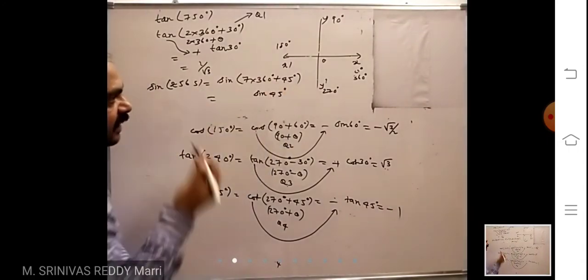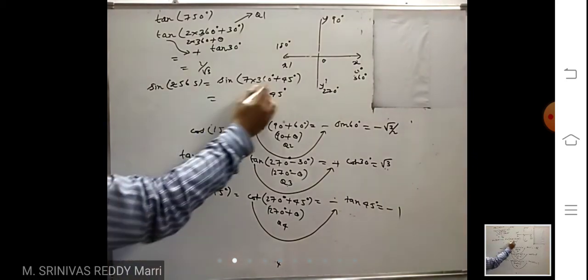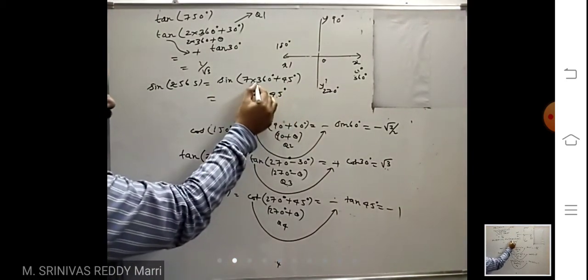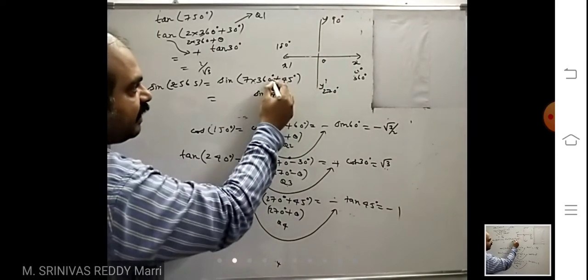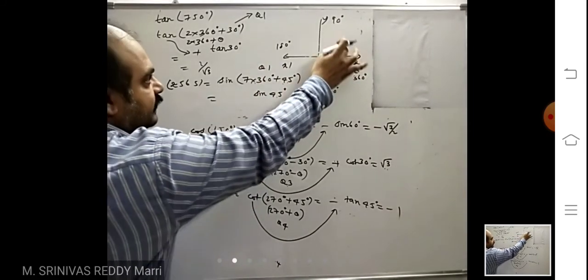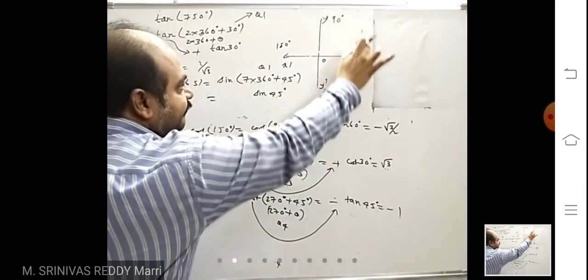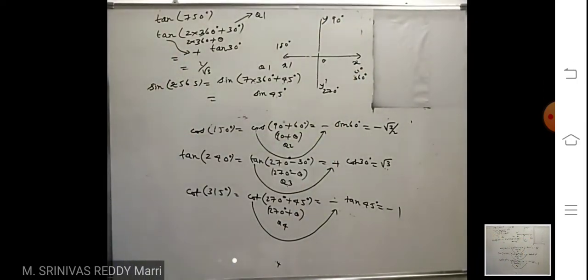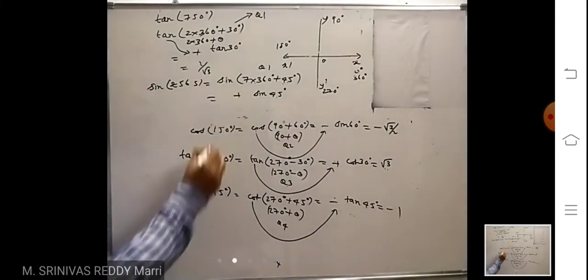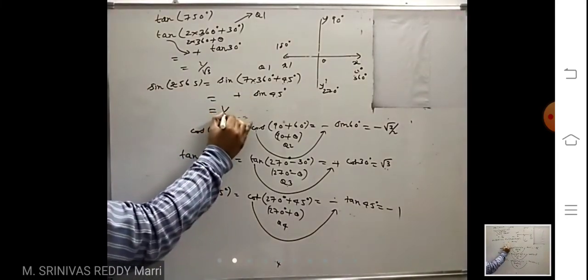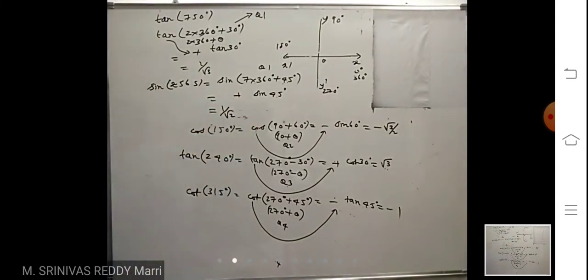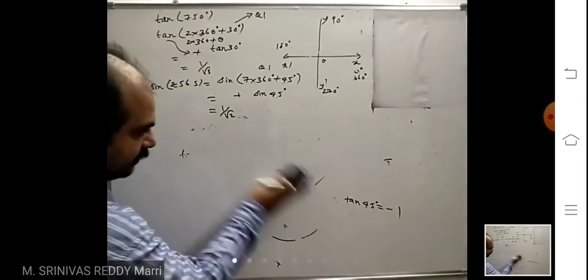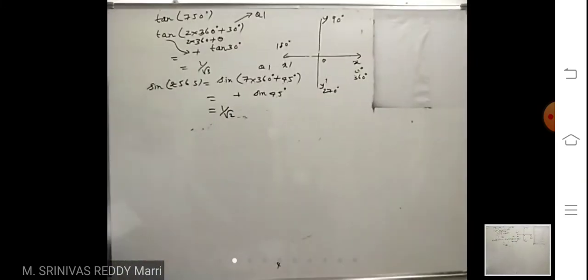Like that, by using common sense you can write. This is theta, so therefore sine theta first. And then this angle lies in quadrant 1. Look, it is easy: 7 rotations will come here, plus 45 means it will come there. That means quadrant 1, so in quadrant 1 it is positive. Like that, any higher angle you can write easily. Let us take another example.